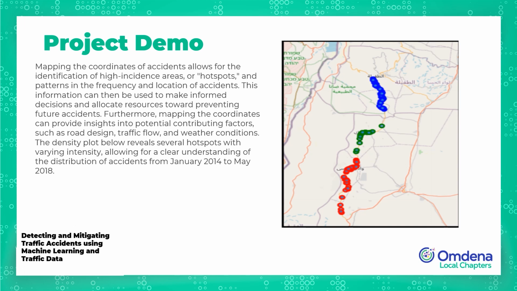As you can see from the illustration, we were able to cluster information regarding the high incident areas with respect to traffic data. We entitled these hotspots. With these hotspots, we were able to detect patterns of frequency where these accidents were happening, and things such as road design, the flow of traffic, as well as weather conditions, in order to plot some of these hotspots. We found that road design and some of the weather conditions were highly factored into the numbers of traffic accidents.